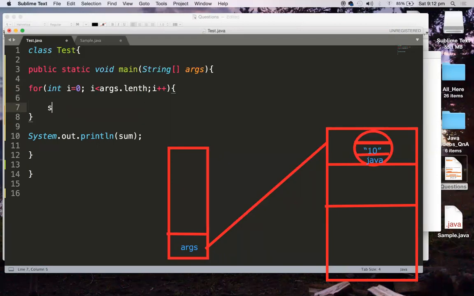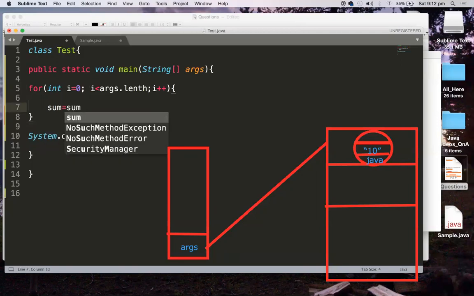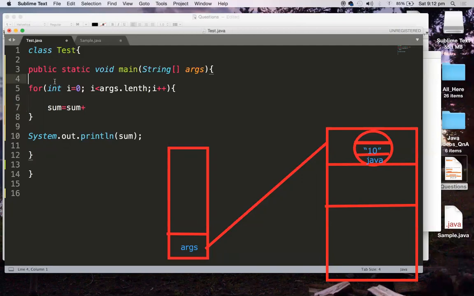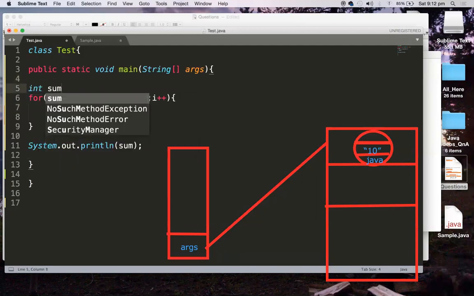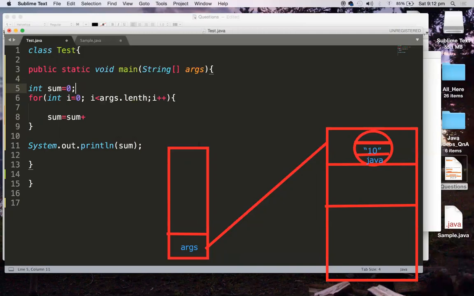I want to find the sum of all those marks, so sum equals sum plus. Before the for loop, I want to make my sum initially equal to 0, because I am repeatedly adding these marks into my sum. So 0 plus the first mark, then plus the second mark, like that. That's the logic we will follow.